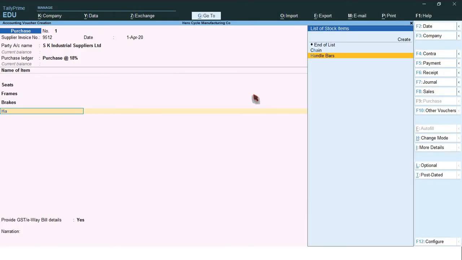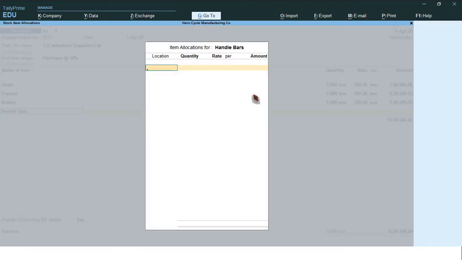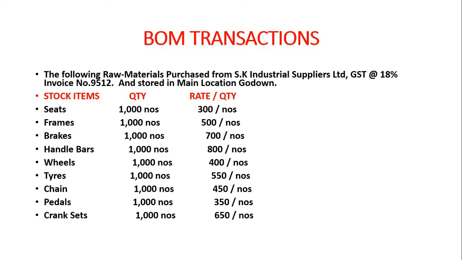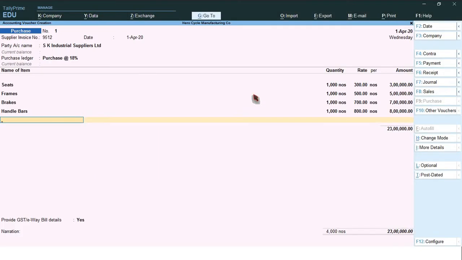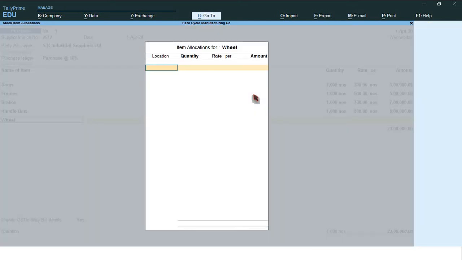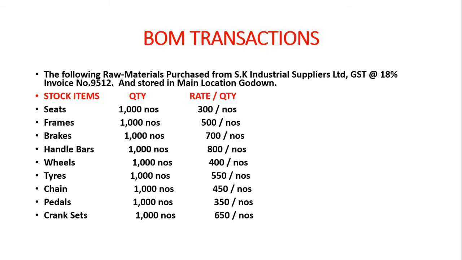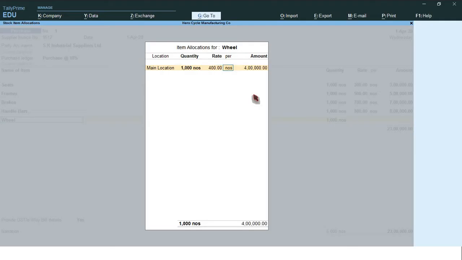Handlebars. Main location Godown, 1000 quantity, handlebars 800 rupees. Wheel. Main location Godown, 1000 quantity, 400.